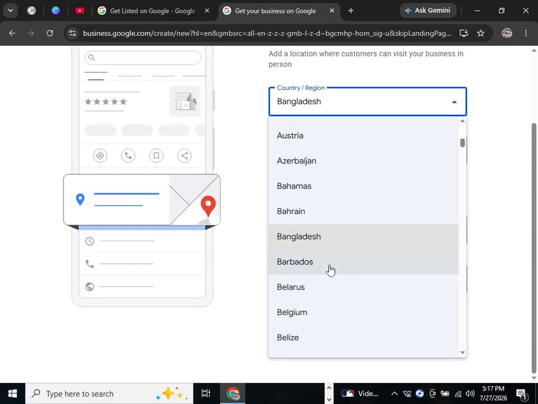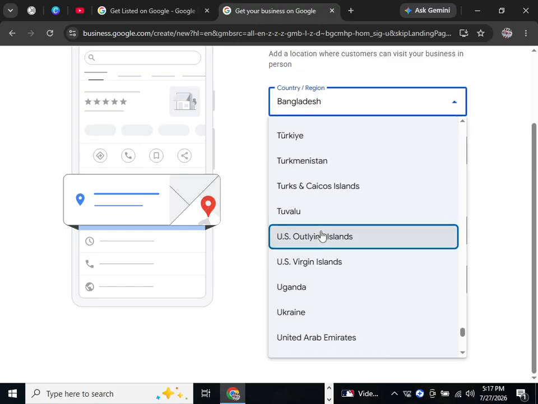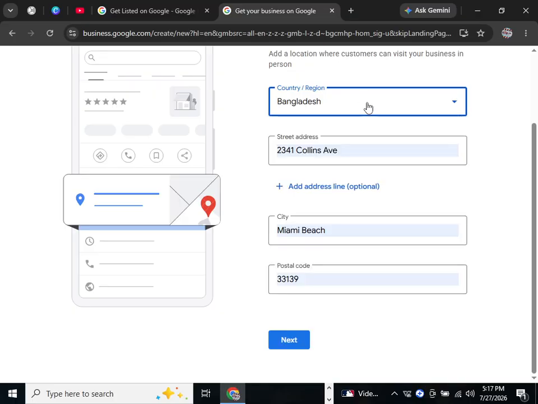Now, move to the post section. Here you can share business updates, promotions, discounts, special offers, new products, upcoming events, or important announcements. Posting